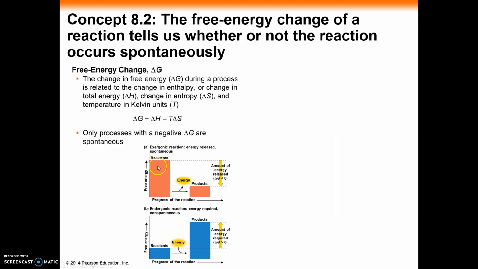Graphically, we can show this in terms of a reaction that has a negative delta G. So we have something more complex becoming more simple that has a lot of potential energy. It is now released as free energy, so that is a negative delta G. We would refer to this as an exergonic reaction because it has a negative delta G. It is releasing energy. Endergonic reactions require an input of energy. What we do is when we